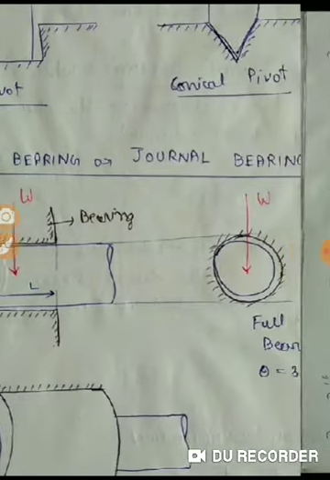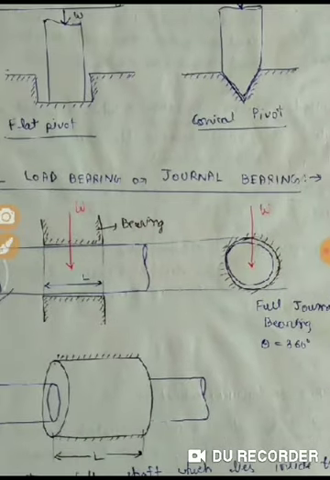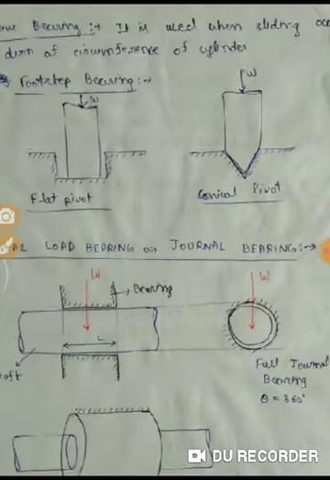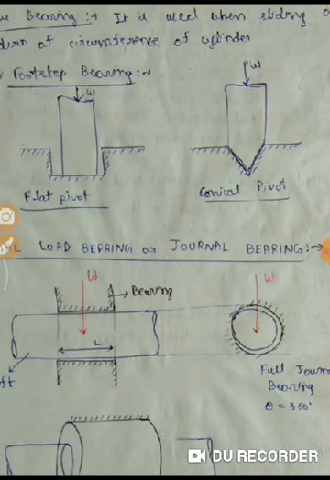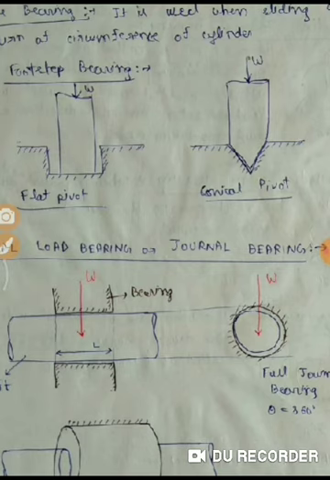Next is the radial load bearing or the journal bearing. In this case we have the load in the direction of the radius of the shaft, so that is why they are called the radial load bearing. And in this you can see that some portion of the shaft is covered by the bearing. The part of the shaft that is covered by the bearing, we can easily determine the dimension like this. The length is shown easily.